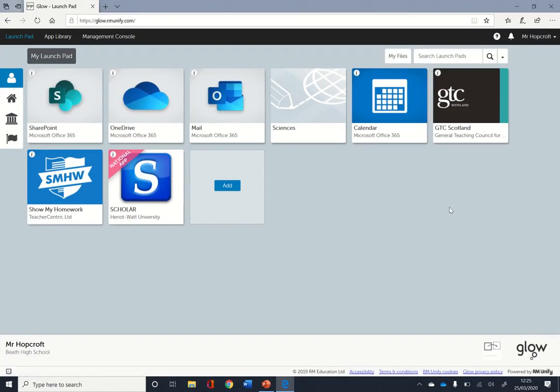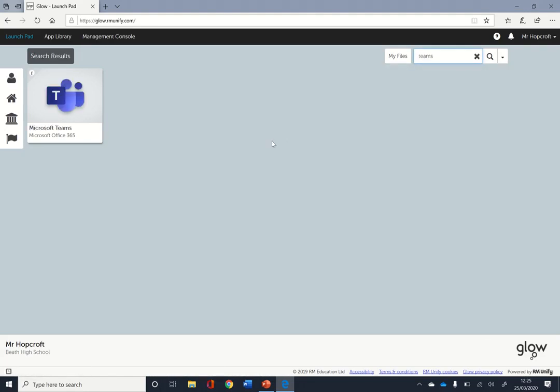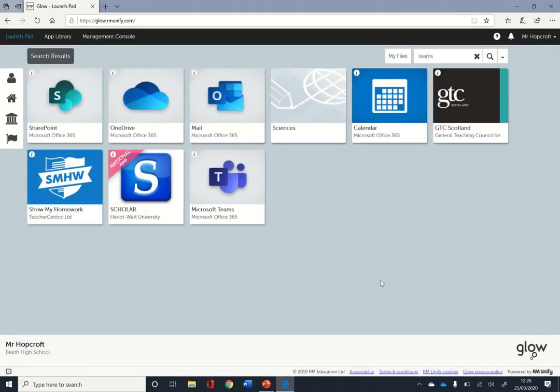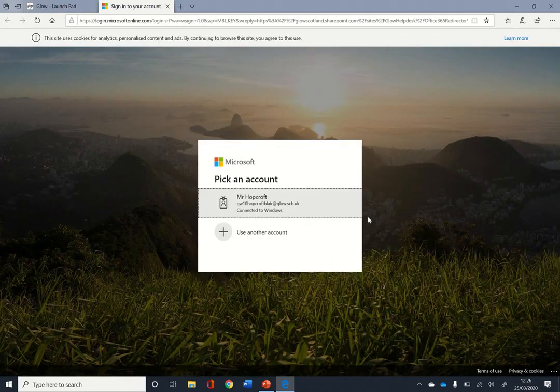So this is your Launchpad. Now obviously this is my Launchpad, so I've got a few things on here that you might not have. If you want to add anything at all to your Launchpad, you just click on the wee search bar up here at the top. So we'll start off by just adding Teams. So we do a little search, we find this. Now rather than clicking on it, we're going to click on the little I at the top left, and we're going to add to my Launchpad. So that's going to make sure that the next time that you come in, it's going to be present on your Launchpad. So once here, you're going to click on that,